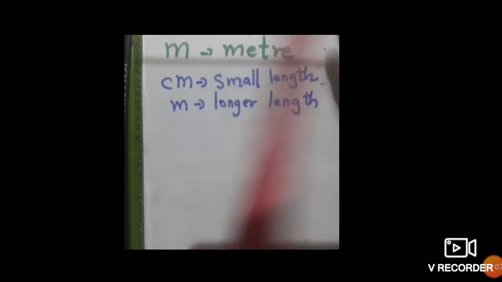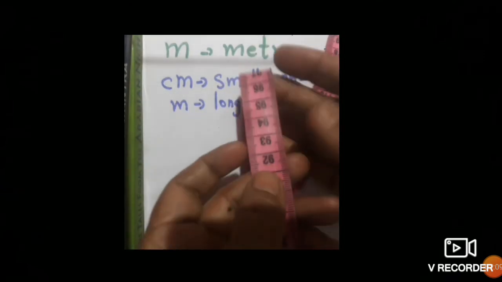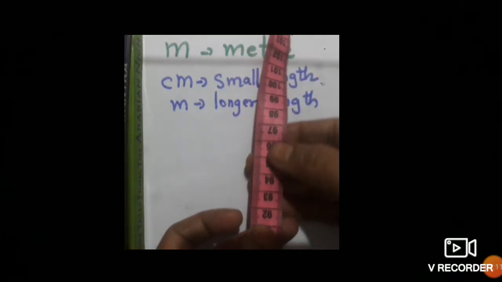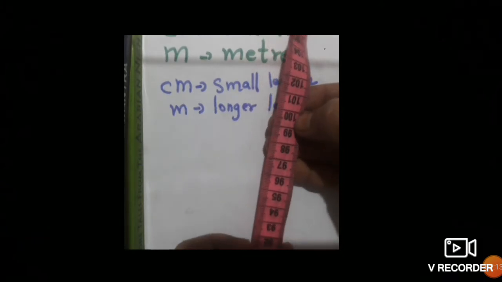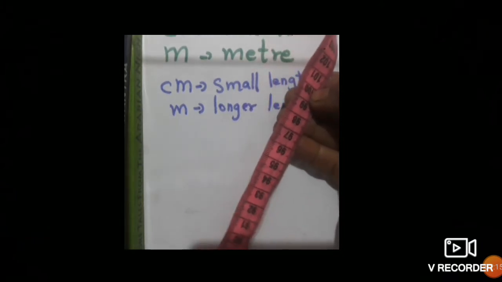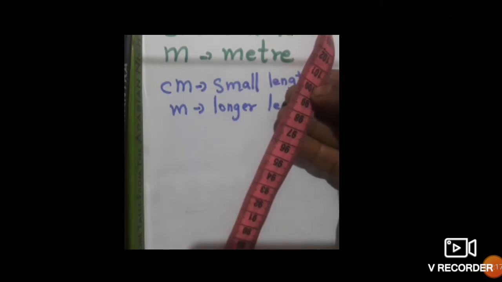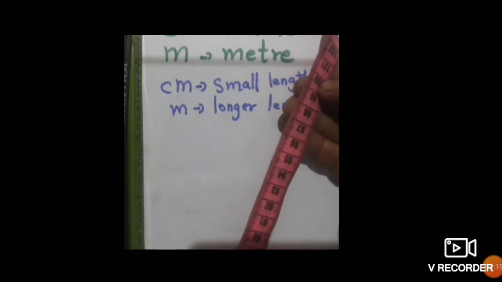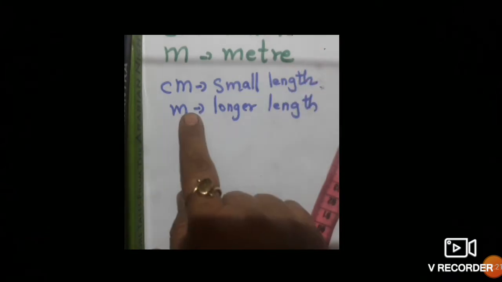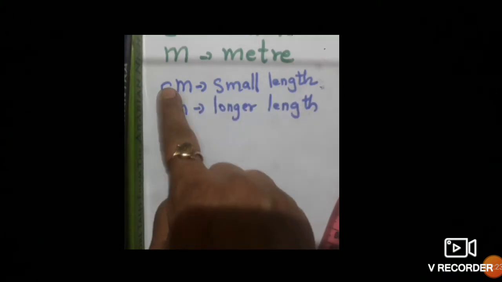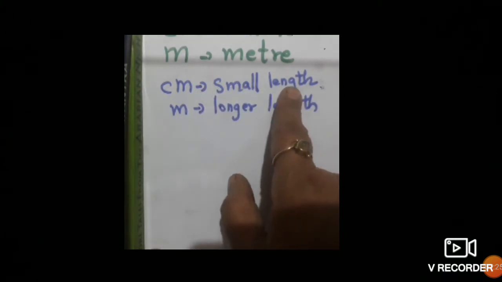This is exactly 152 centimeter. But I'm talking about 100 centimeter. Where is it? Here it is. You know, 100 centimeter is equal to 1 meter. ठीक है, सो देखो 1 मीटर कितना लंबा होता है. सो इसलिए तो हम मीटर यूज़ करते हैं लॉन्गर लेंथ के लिए, एंड सेंटीमीटर यूज़ करेंगे स्मॉलर लेंथ के लिए.